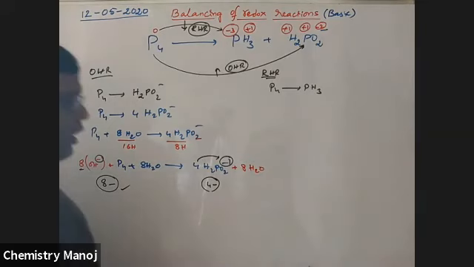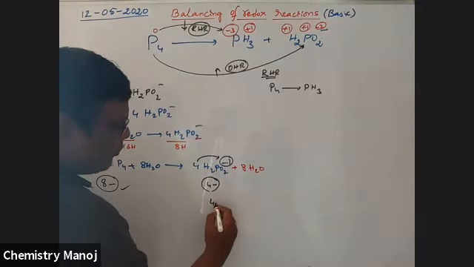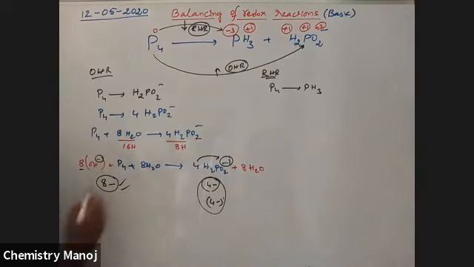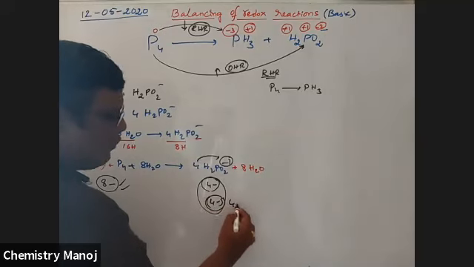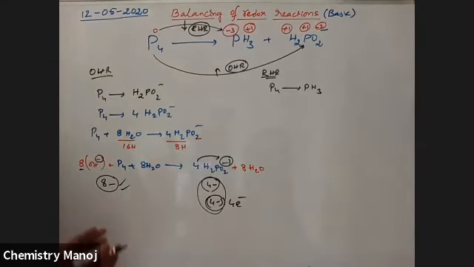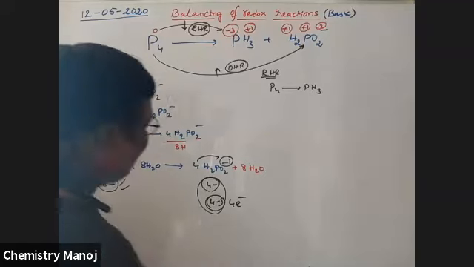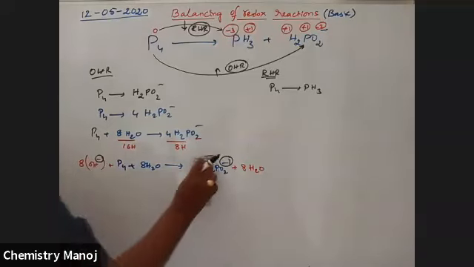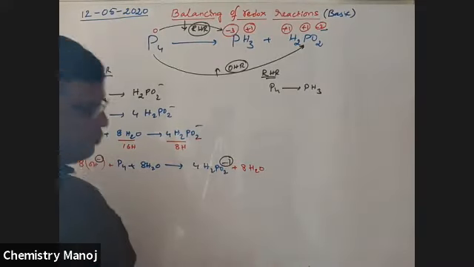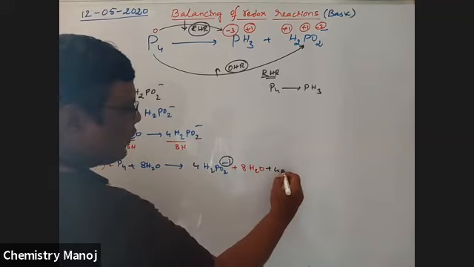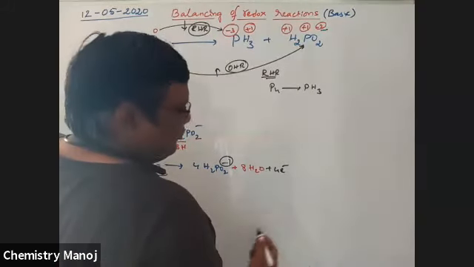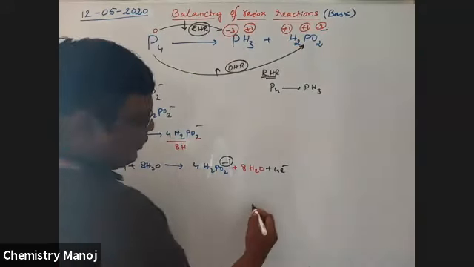Okay. Now add 4 minus here. Just negative charge is the only thing added. 4 minus plus 4 minus gives 8 minus, balance ready. So 4 minus means 4 electrons are added, on the right side. So now add electrons for balancing of charge. Here 4 electrons are added. Now charge is also balanced.